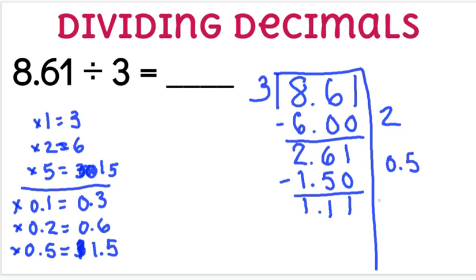So here I actually think I want to multiply by 3/10 because that would be 9/10. 3 times 3 is 9, so 3 groups of 3/10 is 9/10. And if I subtract here, I have